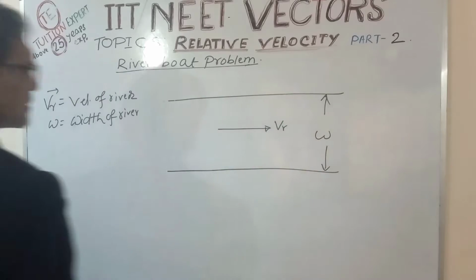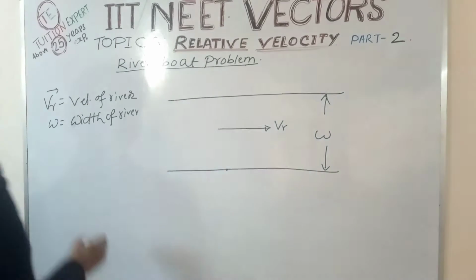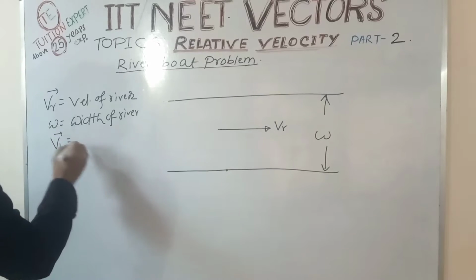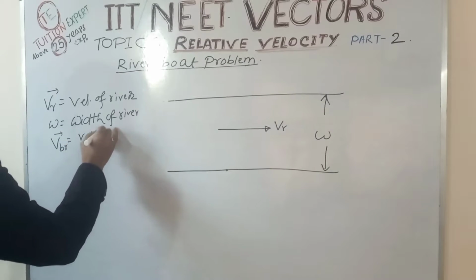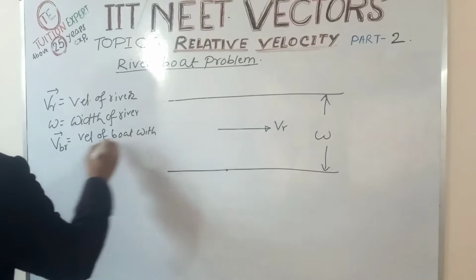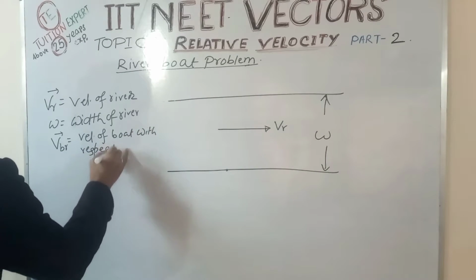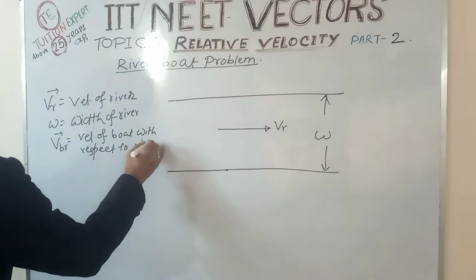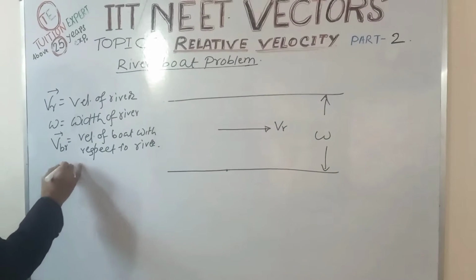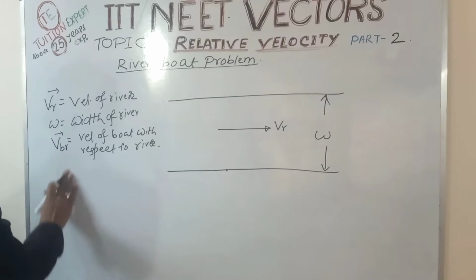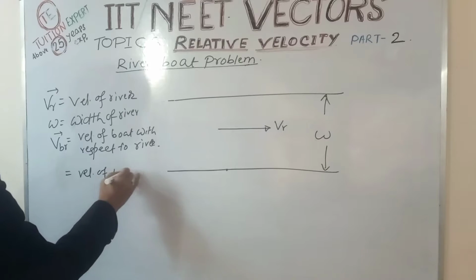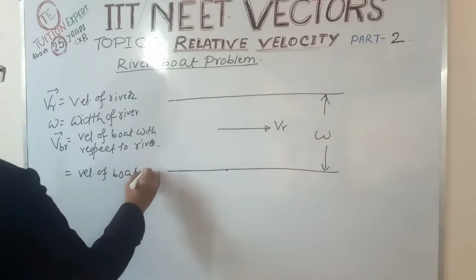VBR is the velocity of boat with respect to river, and VB is also called the velocity of boat in still water,